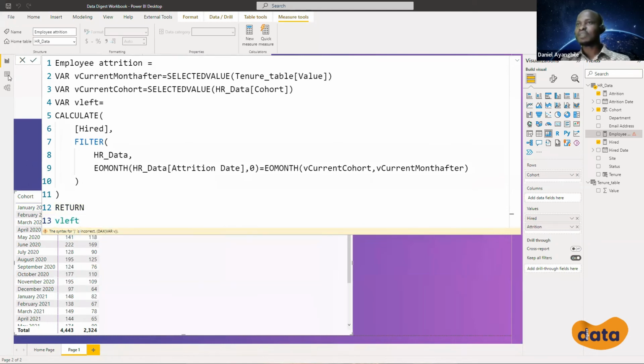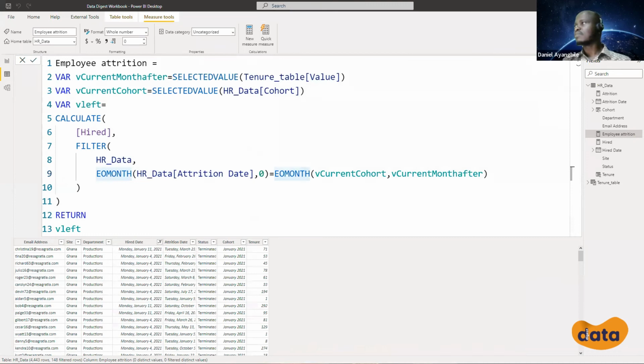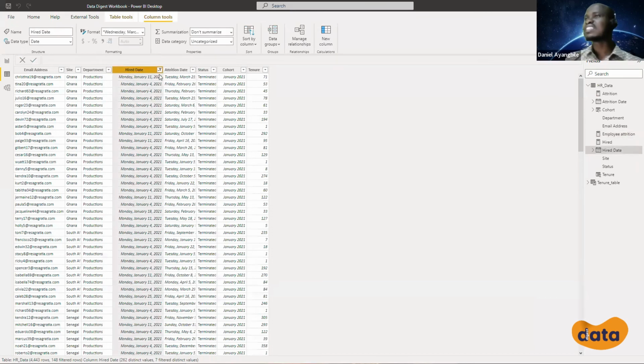Okay, so let me come to my table here and show you what I'm trying to do. Probably if I explain from here, it will be much easier. What we are trying to do is, don't forget our filter is already on those that joined in January. So the next thing I did is,